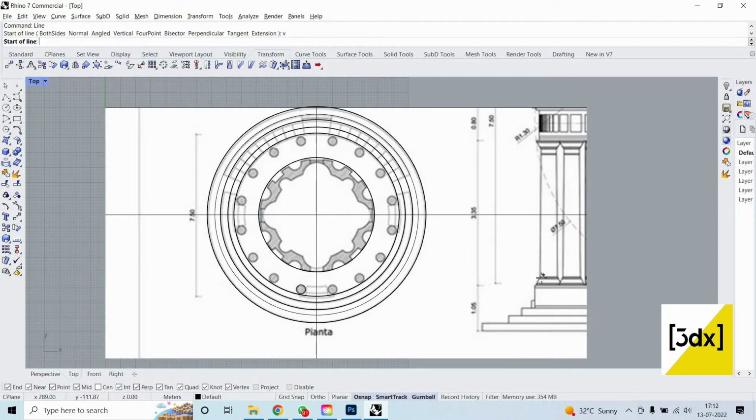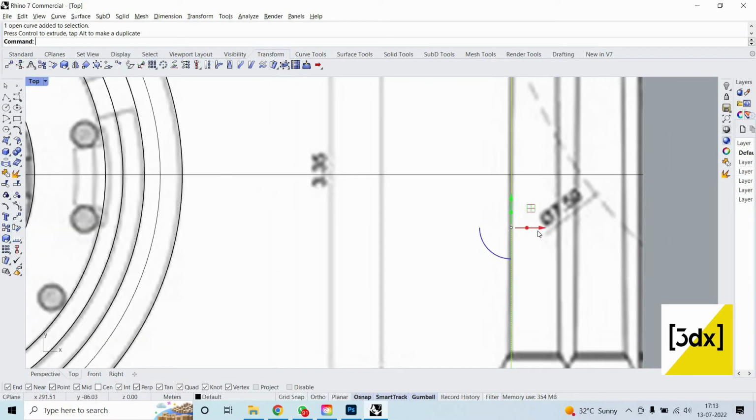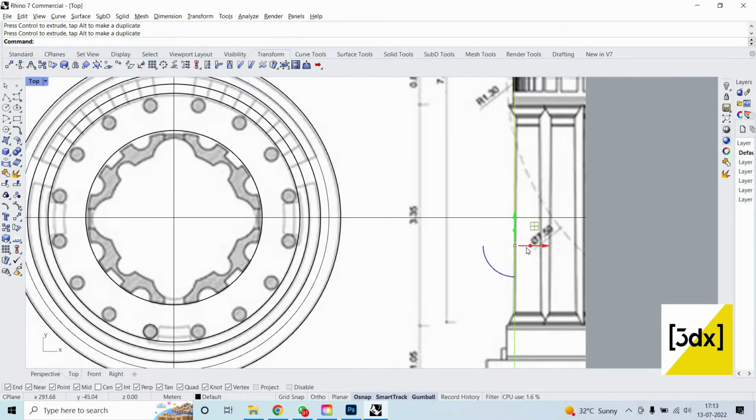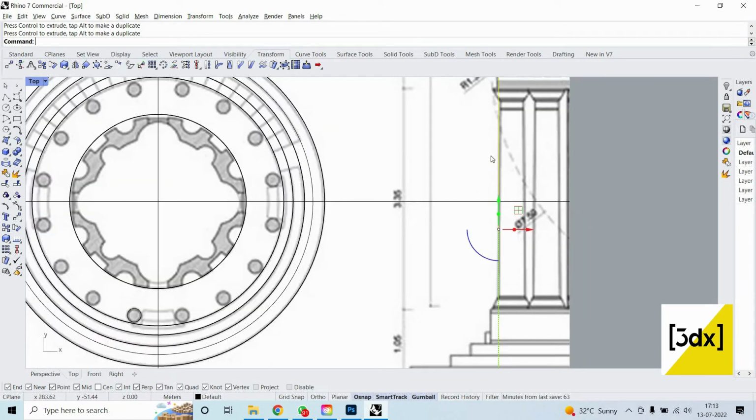Now when I see this, right, I just draw a line, and this is a proper perpendicular line. So you can see I'm just checking whether the pillars are straight or whether it has some kind of taper. I think it's been tapered a little bit, not much. You can see. So what I can do is